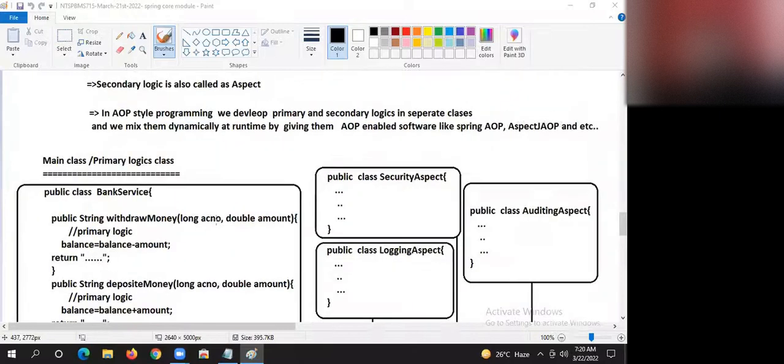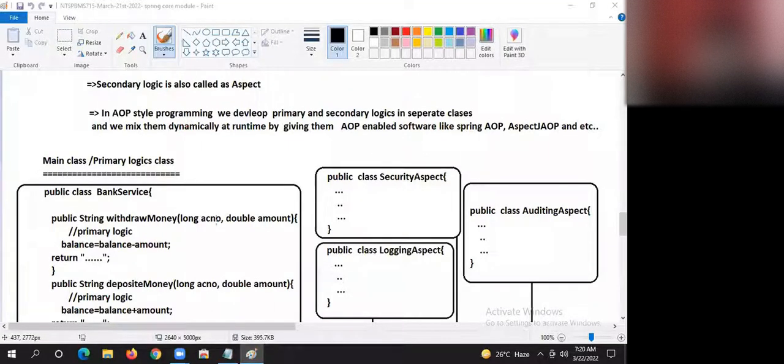But AOP style programming is like a five-star hotel. When you order tea in a five-star hotel, what happened? Milk separate, decoction separate, sugar crystals separate, ilachi powder separate, ginger paste separate.